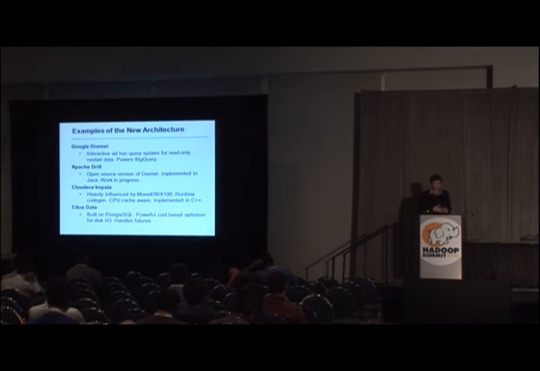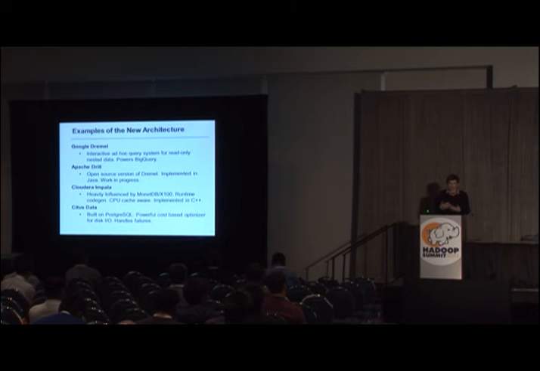And then the other system would be CitusDB. This differs a little bit from the other systems in that it's built on top of PostgreSQL, using that as a starting point. I think the benefit there is that we're able to leverage a lot of existing work that's already been done and focus more exclusively on the elements that really do need to be written from scratch, like the distributed query planner, and yet still take advantage of all of the tools that sit around the query execution engine. So I wanted to go into a bit more detail about the specifics of how these systems are implemented.